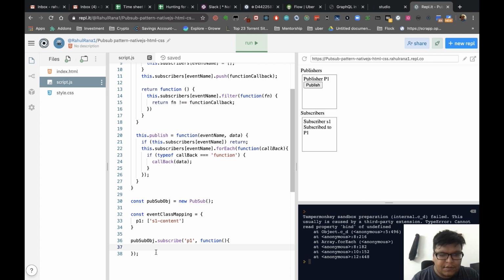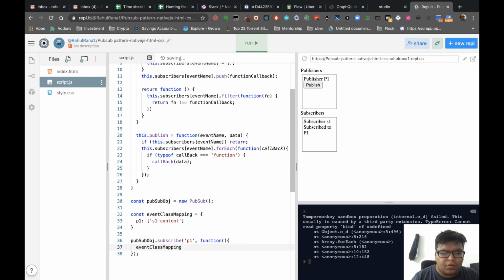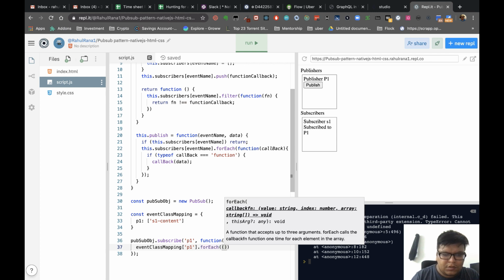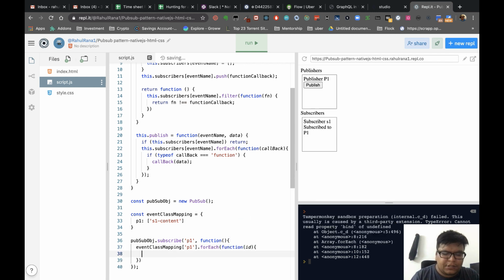So now if I am subscribing to p1, what I can do is use the event class mapping, and now I know I am subscribing to p1. So what I can do is for each ID, because that was the ID of each of the content.